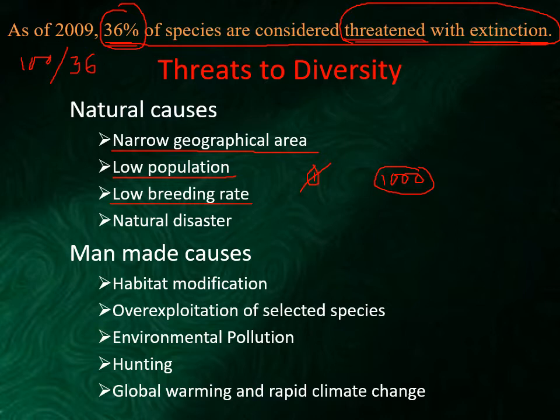But if this organism reproduces 1,000 individuals in every reproduction time, then among these 1,000, say if 500 individuals die due to some reason, the other 500 may survive, and they will carry the genes, the characters of that particular species. So although the mortality rate, the death rate, is very high here, as the reproduction rate,